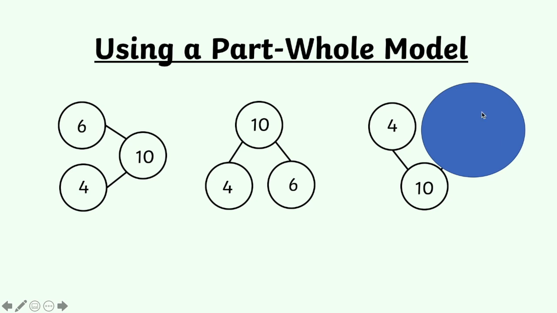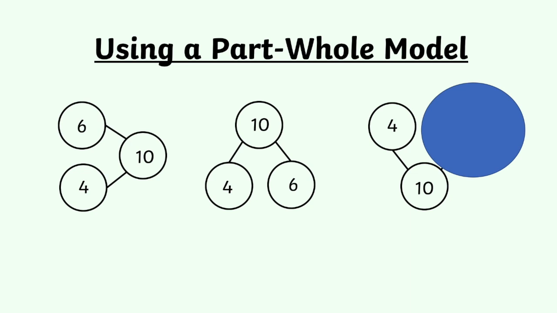I could here be doing 10 take away 6 equals 4. And what I've actually done is I've covered it up as if I've taken it away, and that straight away lets me see 10 take away the 6 gives me the 4. And that's just a really helpful way of thinking about a subtraction calculation when you've got a part-whole model. Let's have a look at some examples then to see how we can use part-whole models to help us think